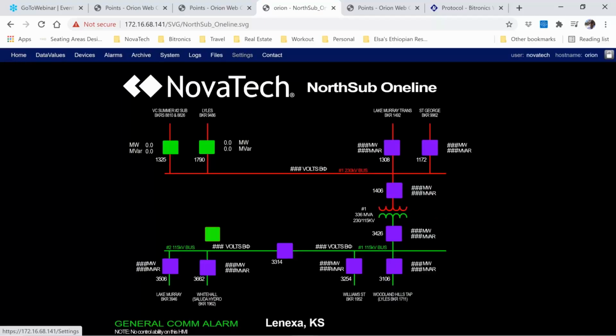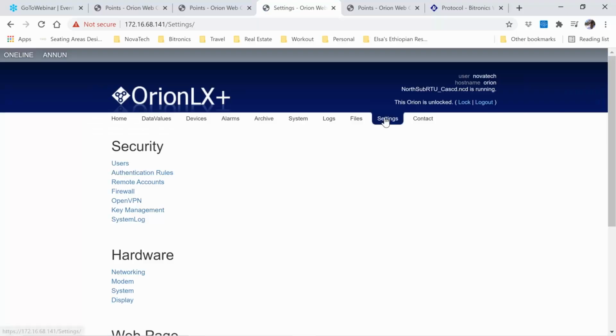Quick answer on that one is basically just take that exact link that's shown as you're on the web on the one line, and then you can just browse to that page if you like. The other thing that you can do too, which is very handy for say the HMIs that are actually left in the substation, is that if you go to settings and then web UI,